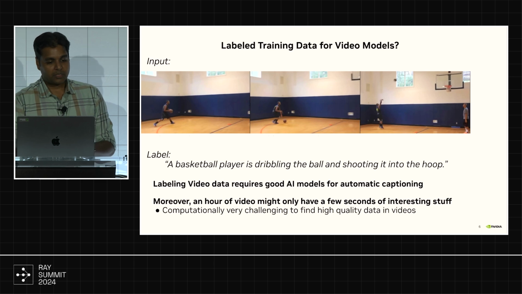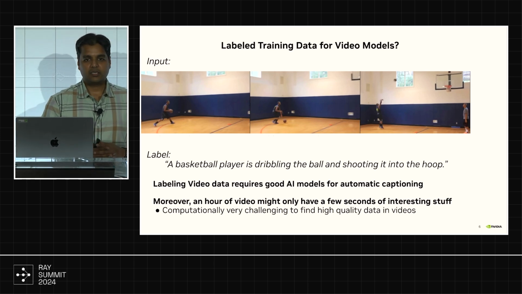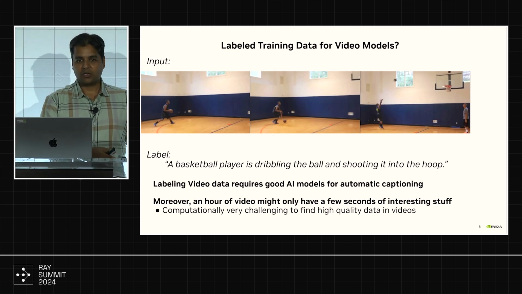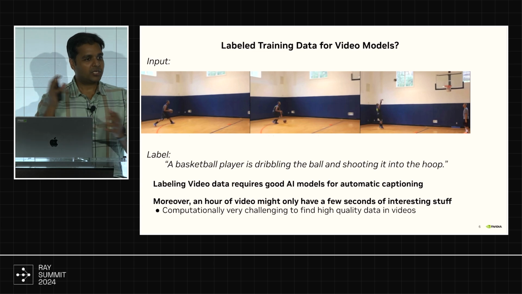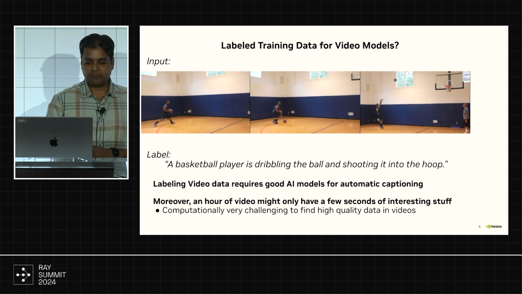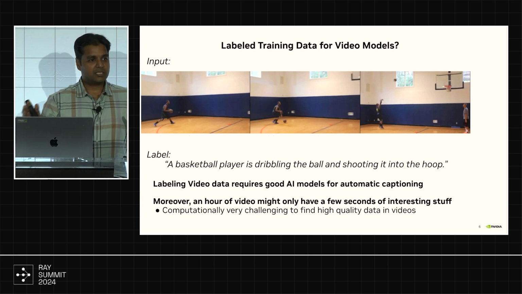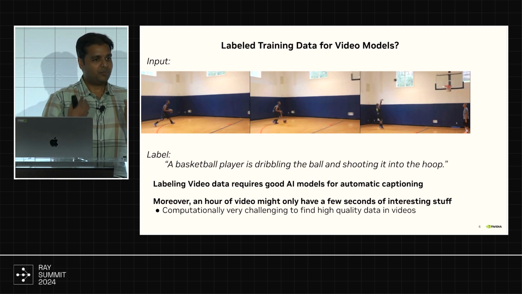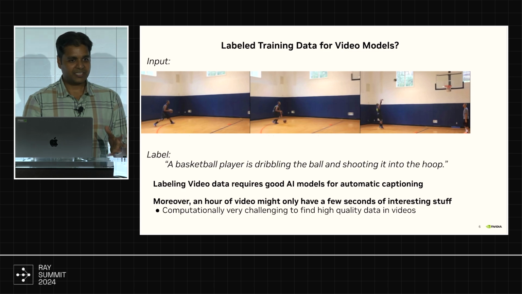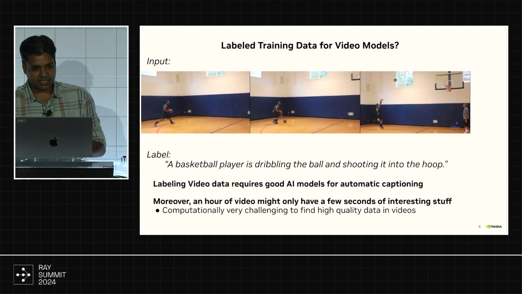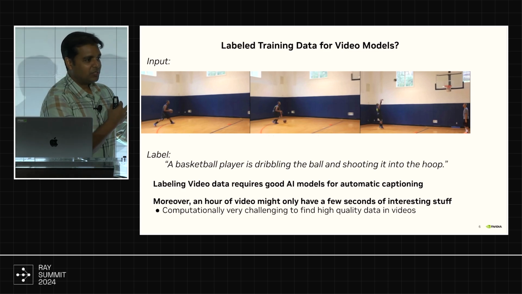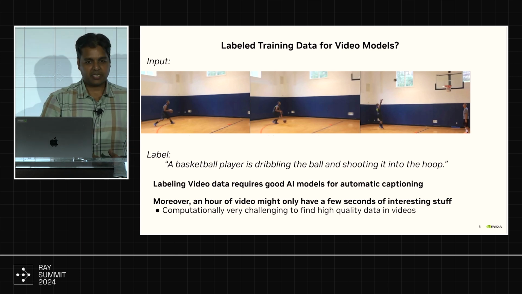So typically what people have started doing is using AI models to curate data so you can feed it into video foundation model training, right? We have millions and millions of hours of videos, and we actually have AI that watches this video. In this case, we watched those 3 frames and we described them. We actually build VLMs, vision language models, that are just good at captioning, right? The stuff that this gentleman just did. And then we feed all the videos into that, and that creates the label training data set out of it, right?